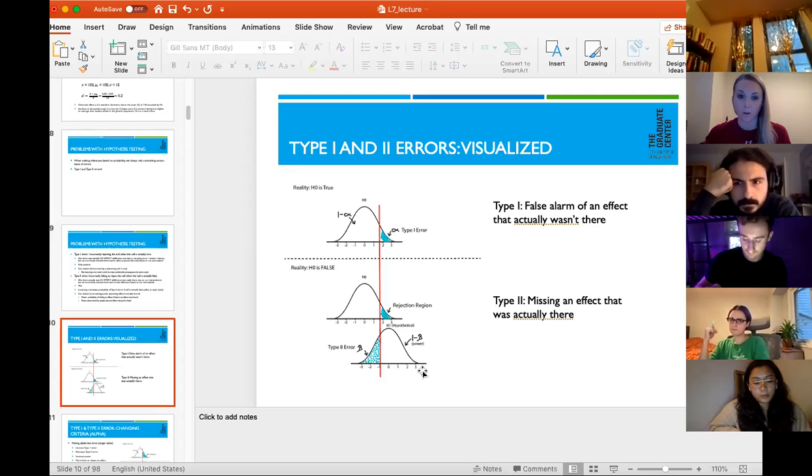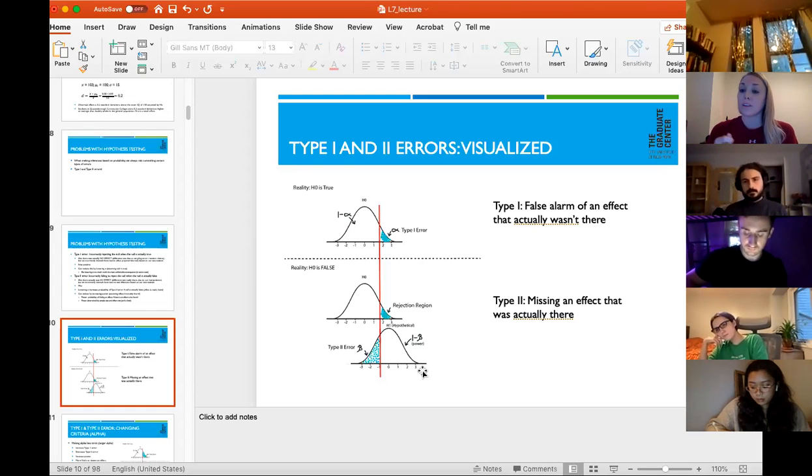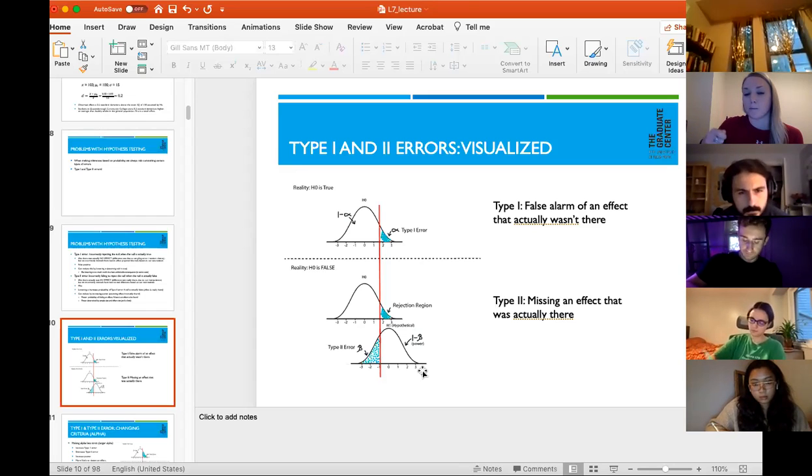So there is an effect somewhere and you found it. That's called power. And power is influenced by your sample size, the error in your data, as well as the actual effect itself. So larger effects, think back to Cohen's d that we just talked about, larger effects are easier to detect. So think of power as sort of your magnifying glass, or your sample size is really your magnifying